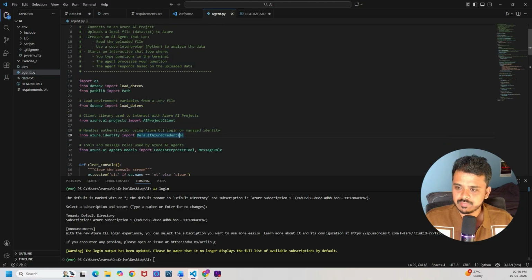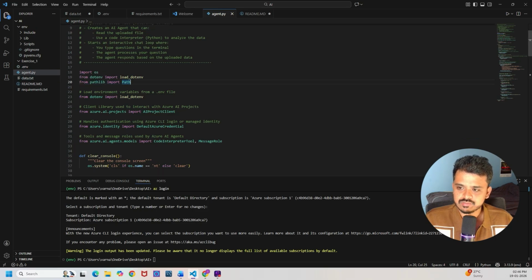Okay, and from pathlib, import Path. These are for reading the paths. Basically, we are uploading a file from here, so we need this load environment variables client library. So we are using this